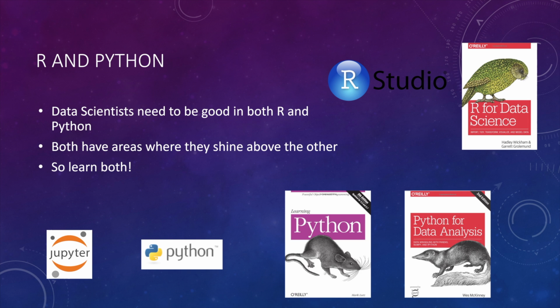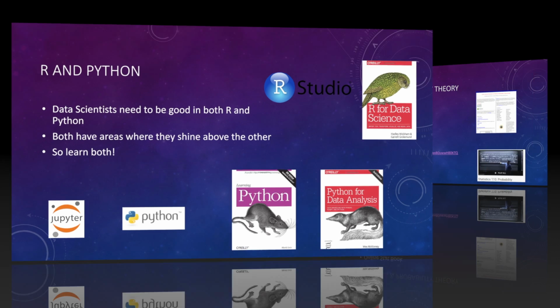In books, I found Learning Python by Lutz very helpful. For data science packages like NumPy and Pandas, McKinney, who is the creator of Pandas, has an excellent book, Python for Data Analysis. Another thing that you need to get familiar with is Jupyter Notebook, which will be your tool to develop and test all your programs in Python, and with some plugins it can run R code as well.